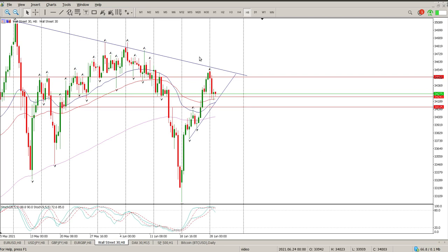Yesterday was pretty much a down day, with buyers coming in off this area here, and that is 34,241. Now you can see there is a lot of support at this area, and you can see that's pretty true of what's happened. I just want to make a little note here for us so we know